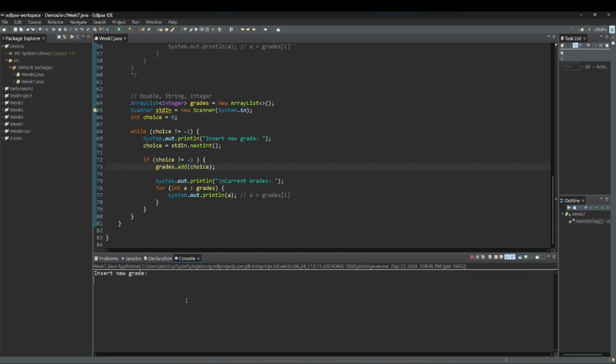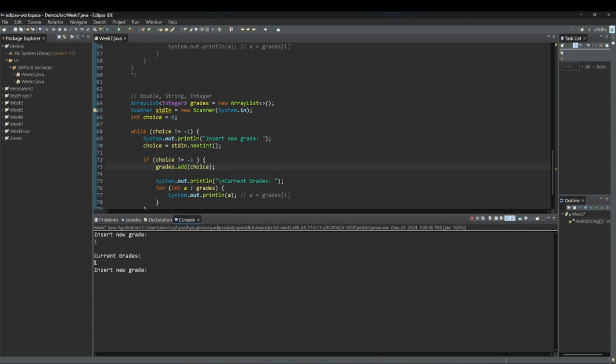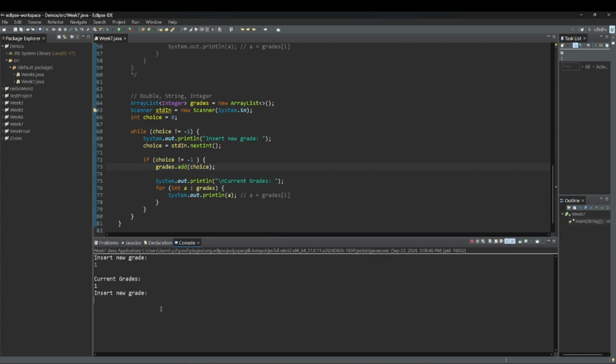we could insert a new grade. I could say 1, and notice that it doesn't go through the rest. Previously you saw that I had a whole bunch of zeros. This is the only element within the array list. So this is the only one that exists. It'll only print that out. If I start adding new stuff, so 100, it expands. 5, and notice it will not give me any errors. So if I keep on adding stuff,